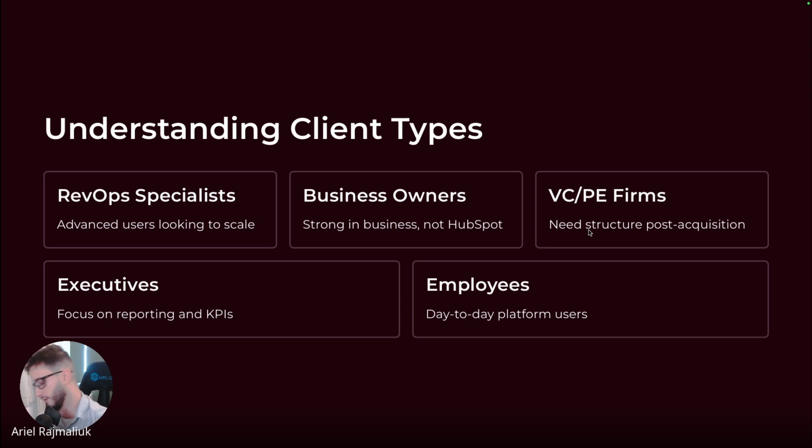Business owners. Business owners, it's also very common, especially when it's a small company. That's someone who has HubSpot, but they are not an expert, and they don't have to be an expert in HubSpot. They don't have to be a revenue operations expert, and they don't have to be an expert in developing.